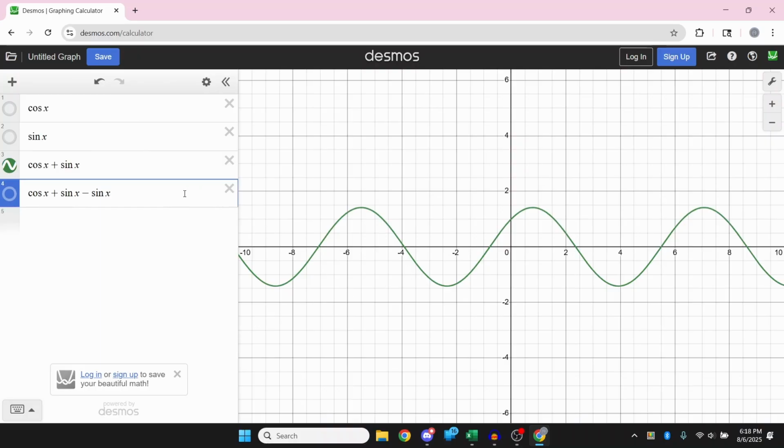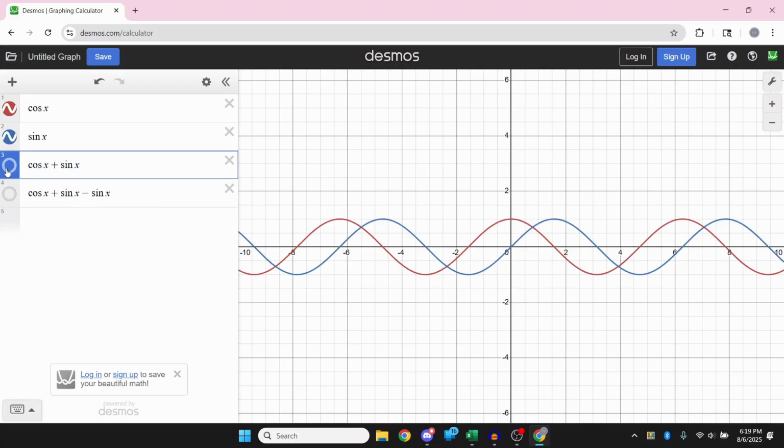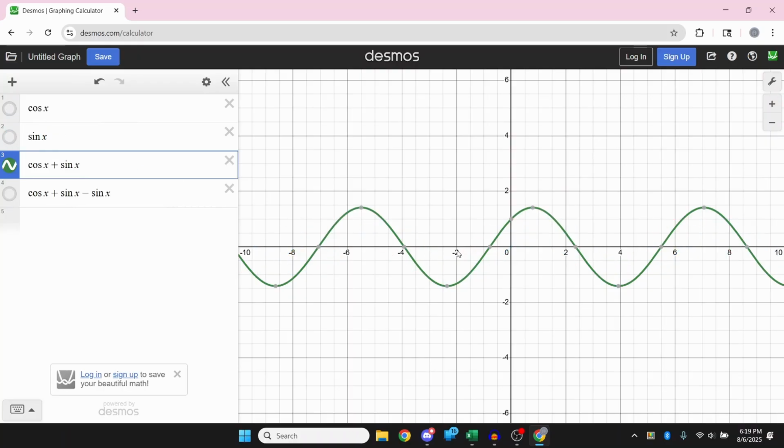So let's say this right here is my audio. This green wave is the audio I record. Now, on this audio, I have my voice, this red line, which is represented by this cosine x, and then I have background noise, which is this blue line. We can see that they're together like this, but when we add them together, right here, we see they narrow out and they come to this thing. So my goal, when I'm doing background noise removal, is to take this thing, remove the background noise